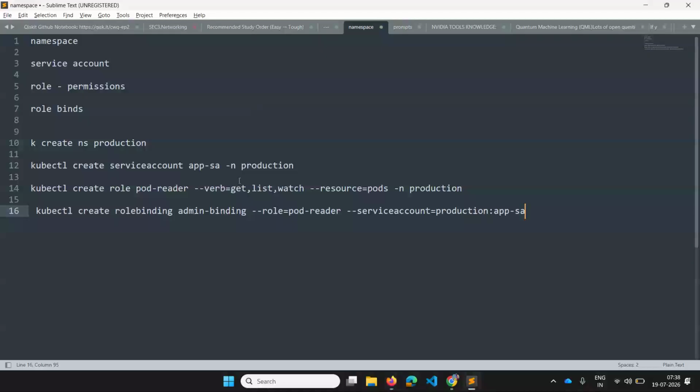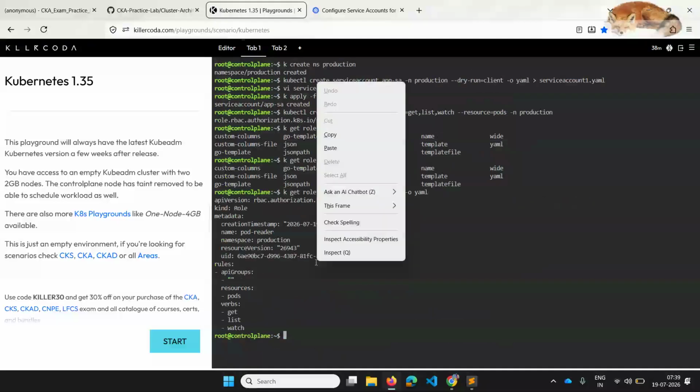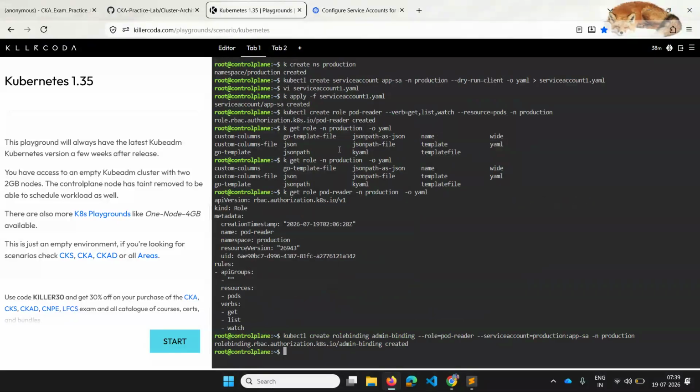So I'll just create the role binding using this command, and I just want to create this in the namespace of production. So let me create this, and this is created.